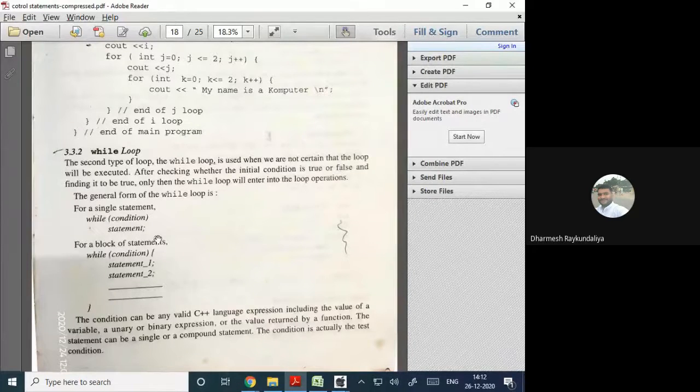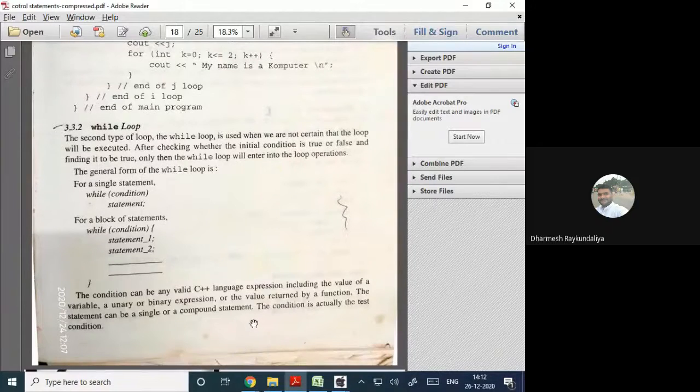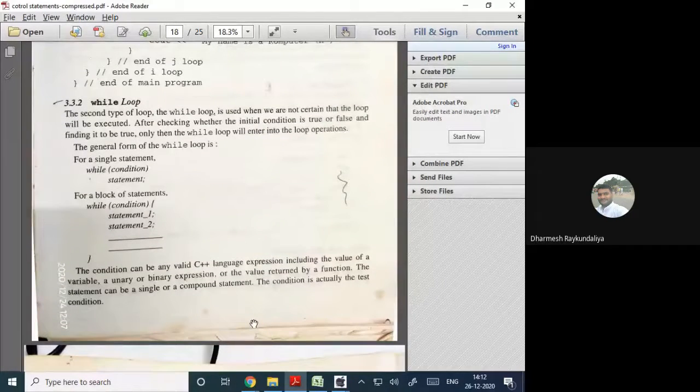And if you write the block style programming, while condition and then group of statements, you will be going to execute. Condition may be any valid C++ expression, unary or binary expression or a return value of a function call. And statement may be single or it may be a compound statement.